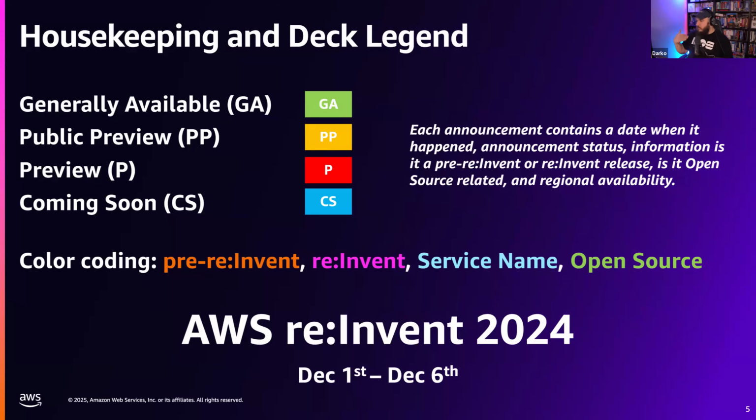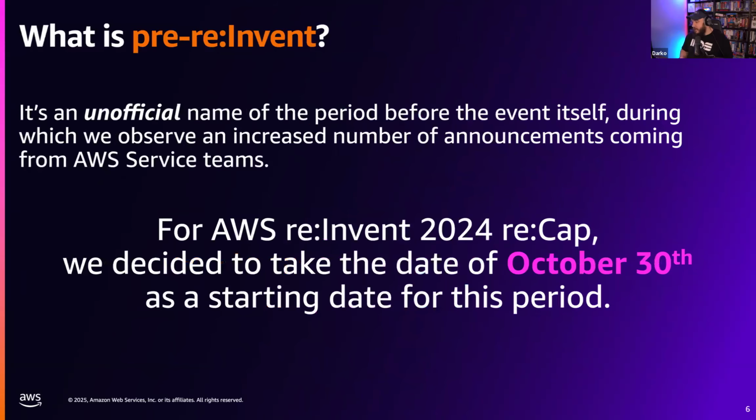We're going to be splitting stuff into reinvent and pre-invent. Pre-reinvent, or pre-invent, is an unofficial name for services that are launched slightly before reinvent. Every year this happens. We're about to go into reinvent season, and all of a sudden, a wave of amazing content comes out: amazing services, features, all of these things come before reinvent. So people have dubbed it pre-reinvent or pre-invent. There are going to be a couple of pre-invent things I have to talk about because they are important.